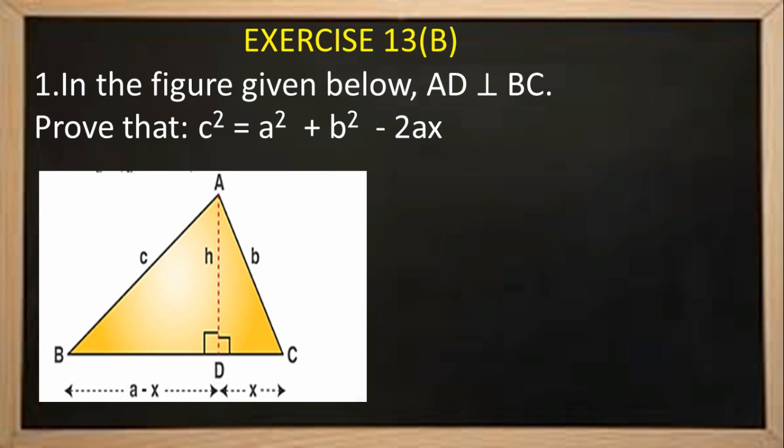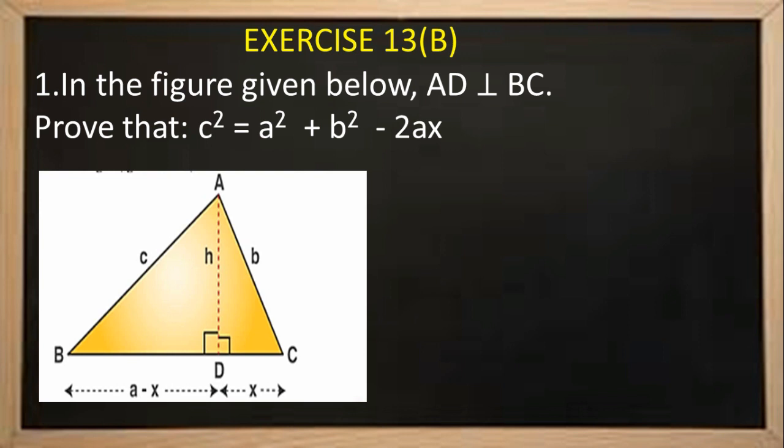If you observe the given diagram carefully, we can find two right angle triangles. One is triangle ADB, where angle D is 90 degree. Hence, the side opposite to angle D will be AB. If you apply the Pythagoras theorem for triangle ADB, the square on hypotenuse is equal to the sum of the squares of other two sides. Hypotenuse is AB, the remaining two sides are AD and BD respectively. Hence, AB square is equal to AD square plus BD square.